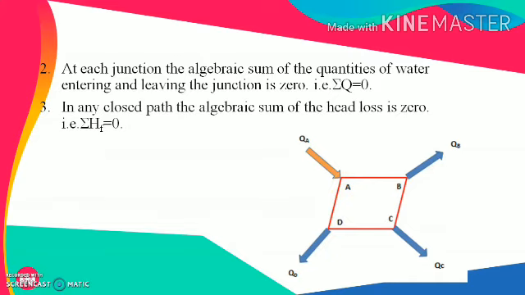So when we have an algebraic sum of this, it will be flow around loop ABCDA, and so it will be the positive head loss from A to B and B to C, but negative head loss from C to D and D to A. So it will be head loss from A to B plus head loss from B to C minus head loss from C to D and minus head loss from D to A, as these two will have a negative value, and so the algebraic sum of all these things should be 0. We'll understand it in depth in the next few slides.